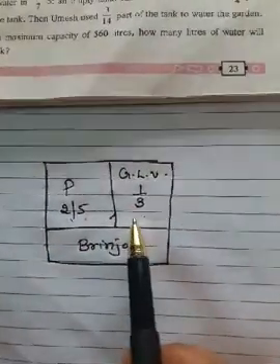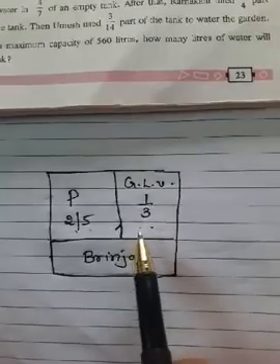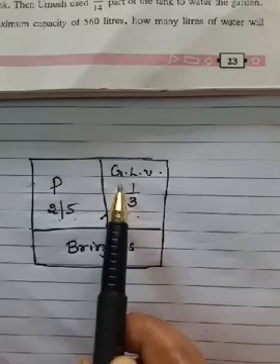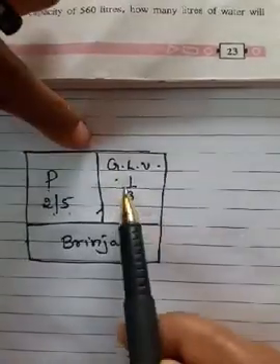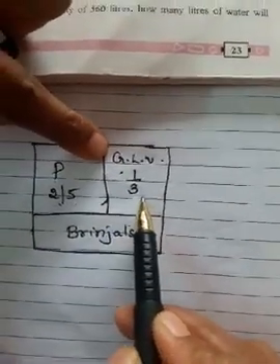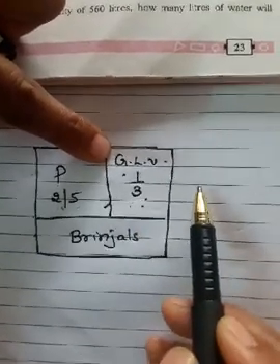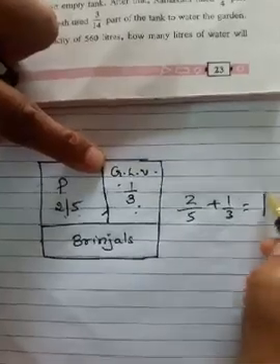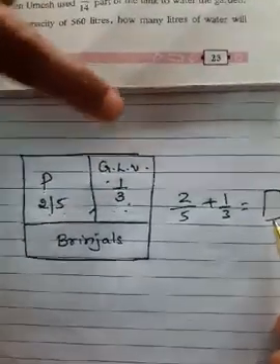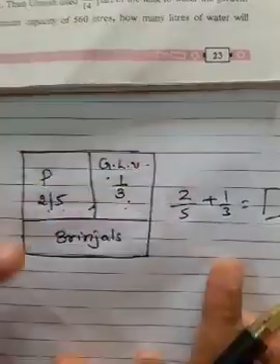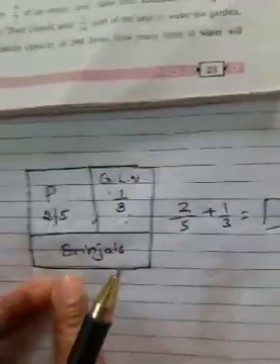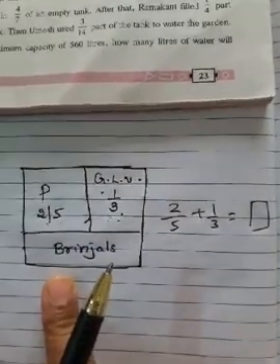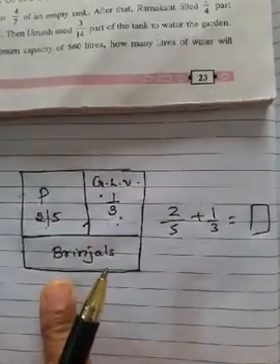Then you will get the total plot used for planting potatoes and green leafy vegetables, correct? Then from that you subtract the total, whatever answer you get while adding 2/5 plus 1/3. So subtract that answer from how much? Here the area of the garden is not given. We don't know what the area of the garden or plot is, correct? So we will take it as 1.